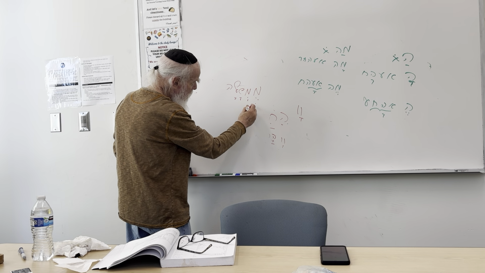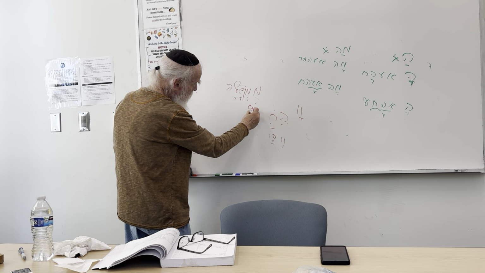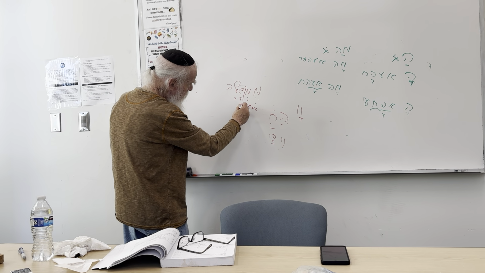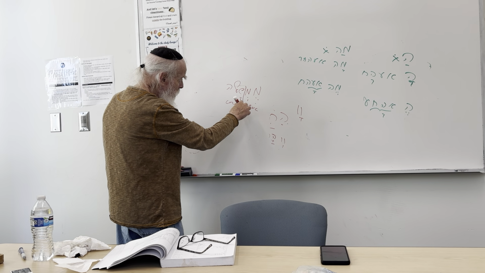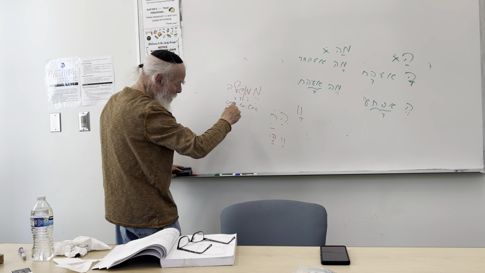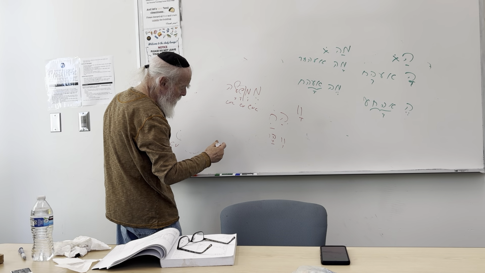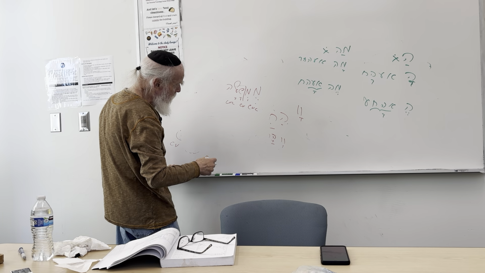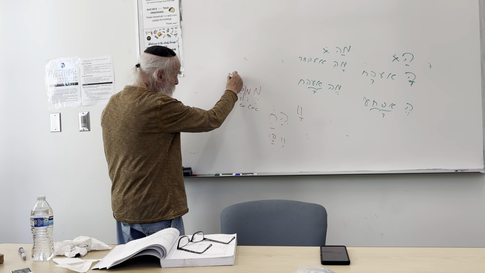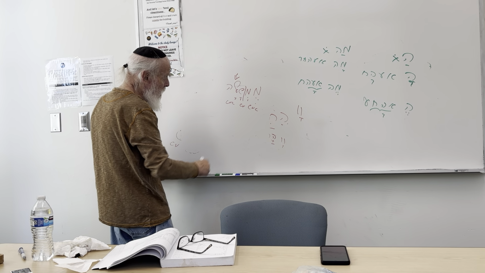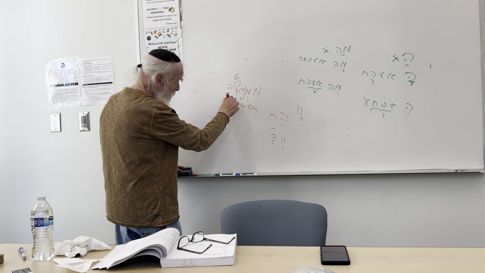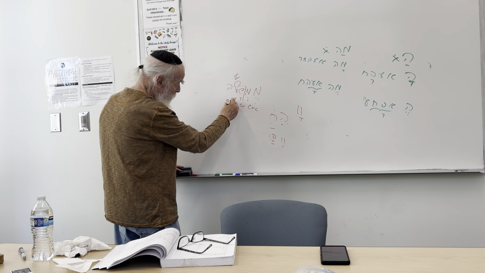Breaking it into syllables, it is CVC, CV, and CVC. Three syllables. The first one has a short segol, closed by the shva under the mem. The second one has a kamatz, an open syllable. The kamatz vowel can be open or closed, as it is either one place removed from the accent or accented. And sure enough, the accent is on the last syllable of the word. The hey at the end is a vowel marker.